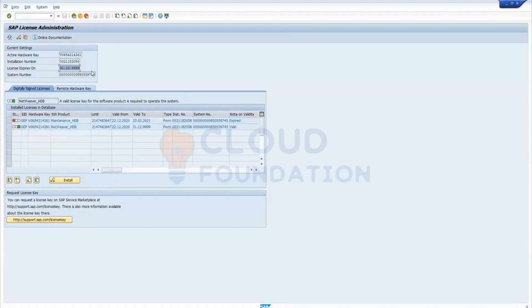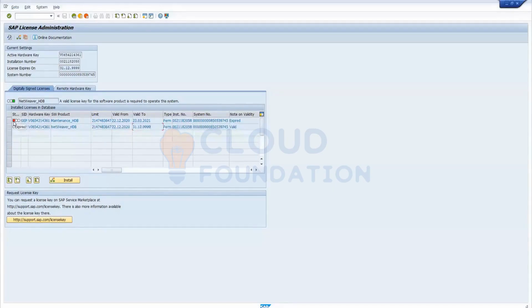The maintenance certificate is not valid because it was valid till March 2021, and after that they have not applied it. You can see there are 2 maintenance certificates. One is valid, one is not valid.